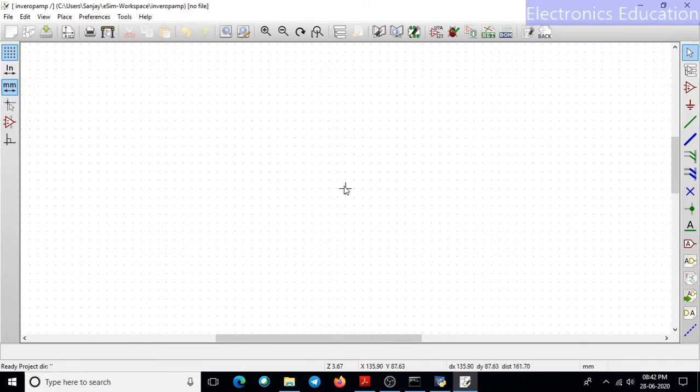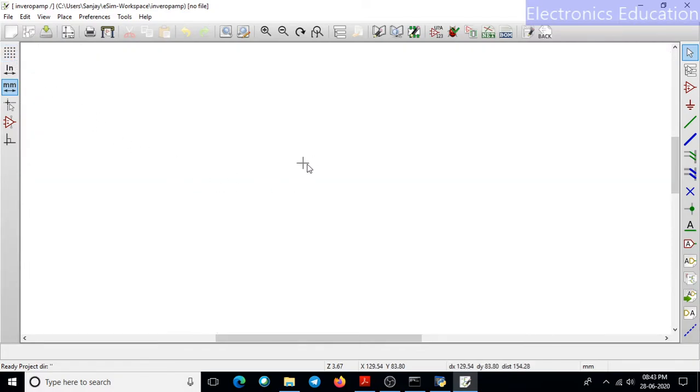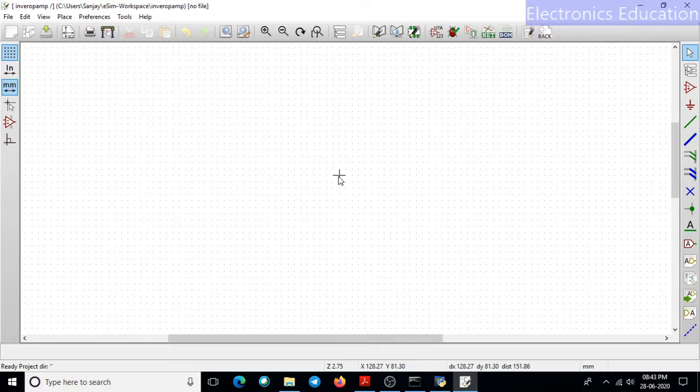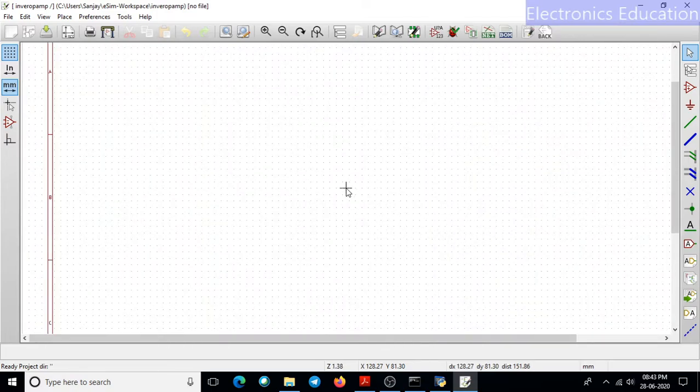Now see, you can see there are dots. So these are grid dots which will help you to draw the wires to connect different components. Even these dots can be hidden. Just by clicking the hide grid button, you will see that there are no dots present. But I always recommend, while doing the schematic of the circuit, always turn this feature on, so it will help you align the components together.